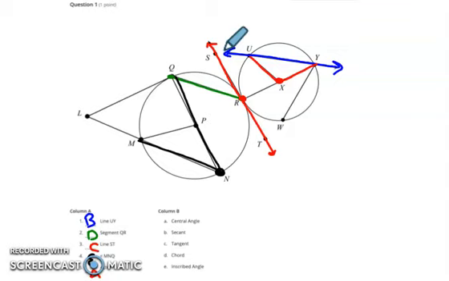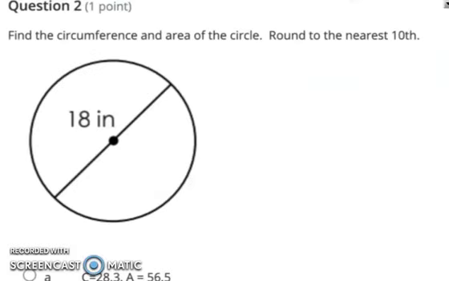Knowing your vocab. Second one, find the circumference and area of the circle, round to the nearest tenth. If this is our diameter, then our circumference is just pi times that diameter. So 18 times pi, and looking at 18 pi in our calculator to the nearest tenth, that's going to be about 56.5